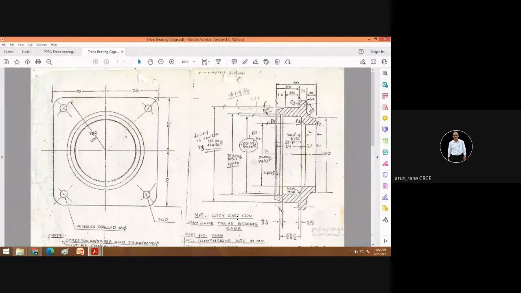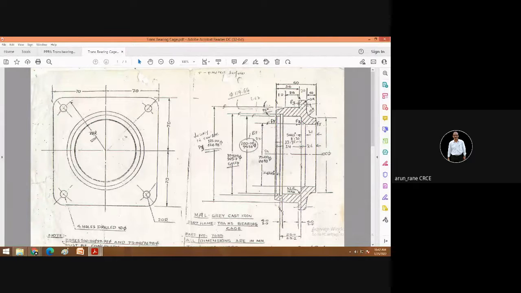Now, suppose if it is made in mild steel, then you can do it by welding. If the quantity is less, you can have one square piece and another round piece, and you can weld this. What will happen because of this? The scrap which is generated will be less, and your machining time also will be less. So there are many advantages. Of course, tool cost will be low, your energy cost will be less, machining time will be less, the quantity produced will be more.